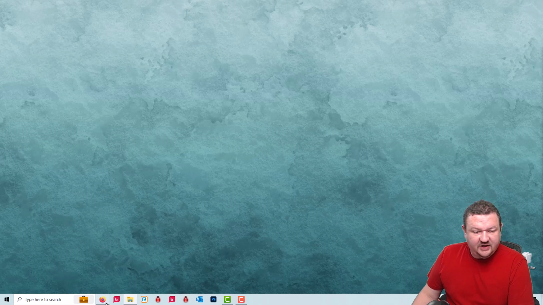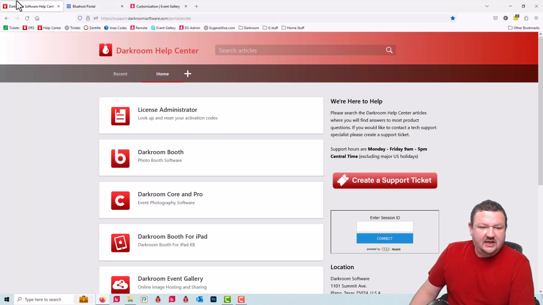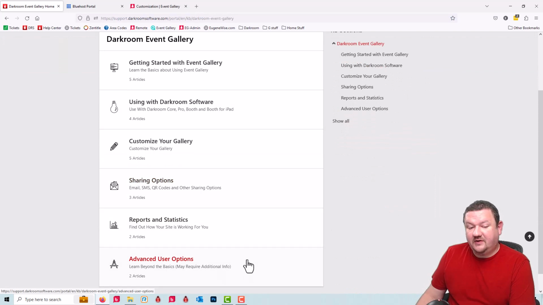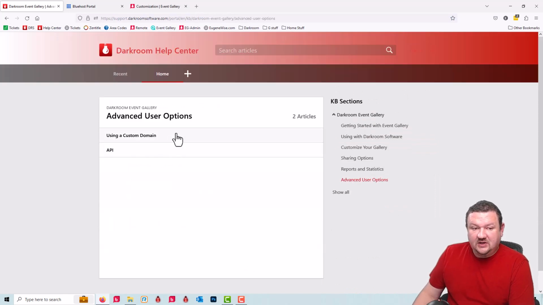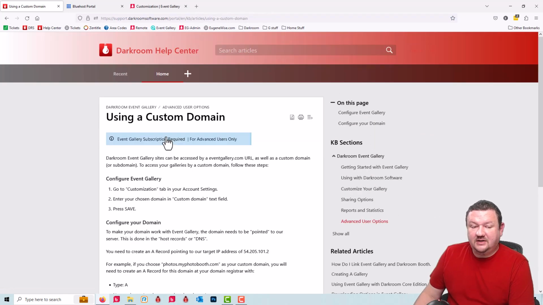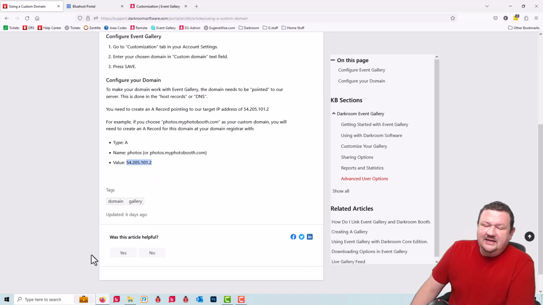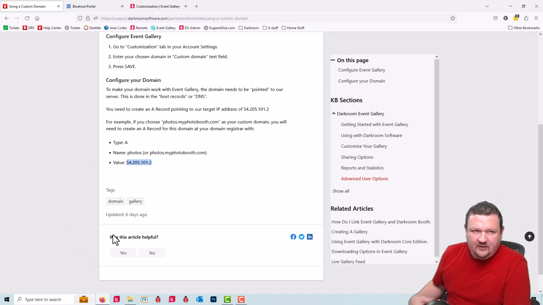Okay, let's get started by opening up our web browser, and we're going to go to darkroomsupport.com or the Darkroom Help Center. And click on Darkroom Event Gallery, and under Advanced User Options we're going to click using a custom domain, and we're going to this page very specifically because we need this IP address right here. So we're going to highlight it, copy it, and now we're going to go into our